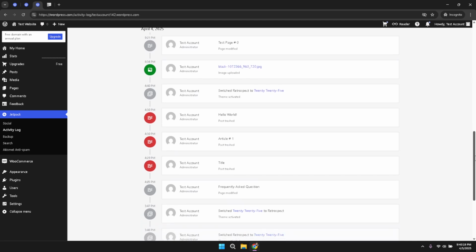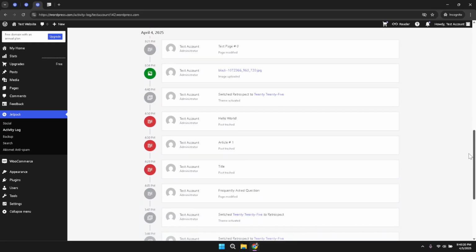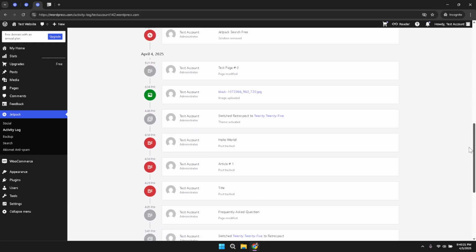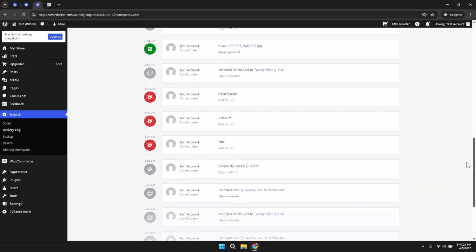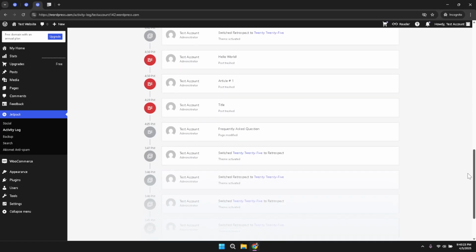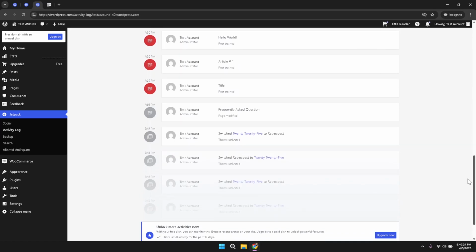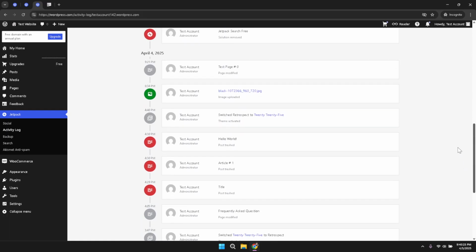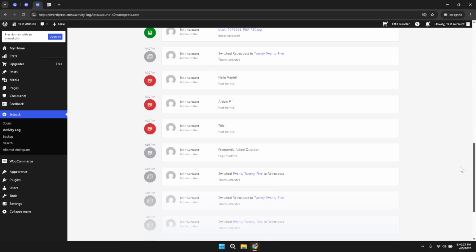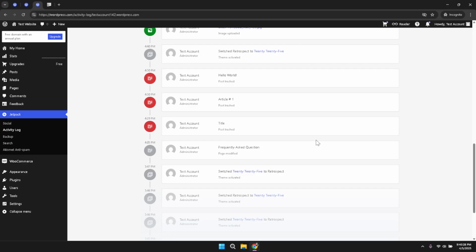This step-by-step process not only helps you monitor user activity, but also ensures that your site remains secure and transparent. The WP Activity Log plugin integrated with Jetpack provides all the details you need, presented in a neat and accessible format. By following these instructions, you are equipped with the tools necessary to maintain the integrity of your site and